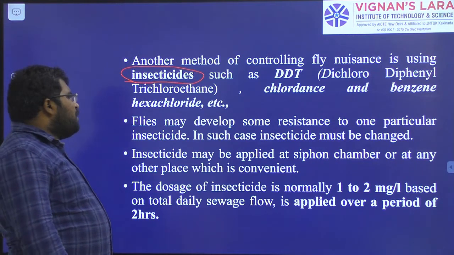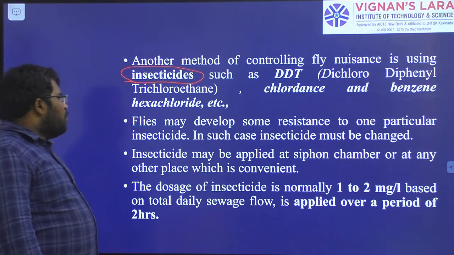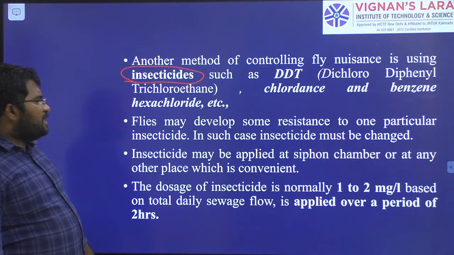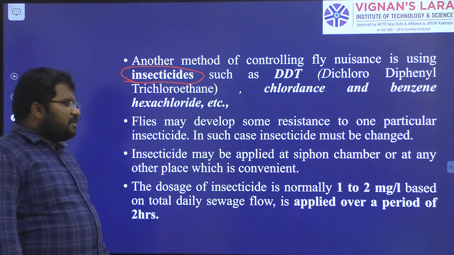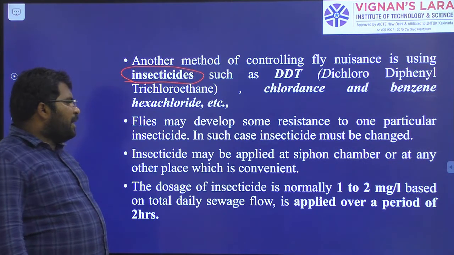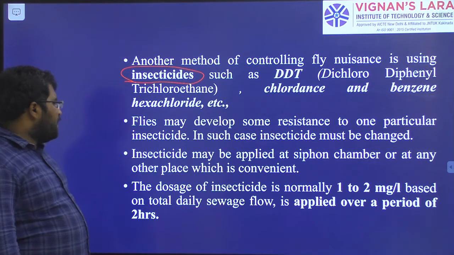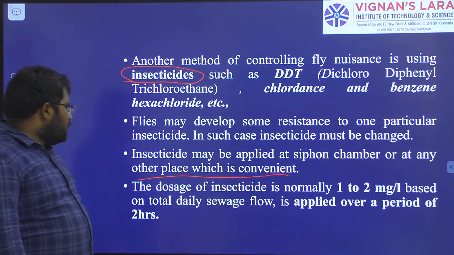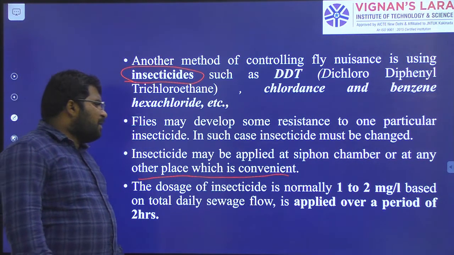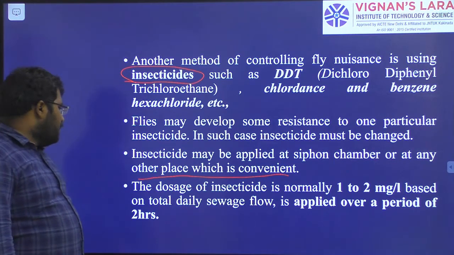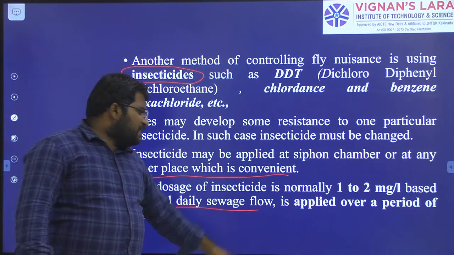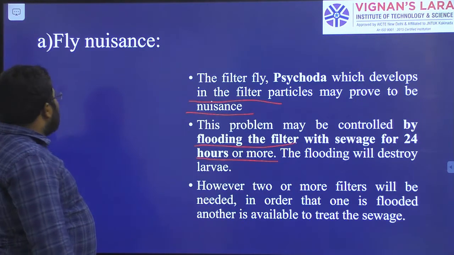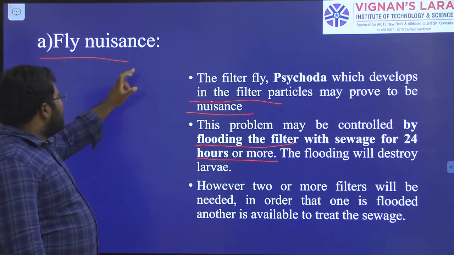Next, flies may develop some resistance to one particular insecticide. In such a case, the insecticide must be changed. Right. Next, insecticide may be applied at the siphon chamber or at any other convenient place. Okay. The dosage of insecticide is normally 1 to 2 mg per liter, based on the total daily sewage flow, applied over a period of 2 hours. We need to apply it to kill them. Okay. The second thing,